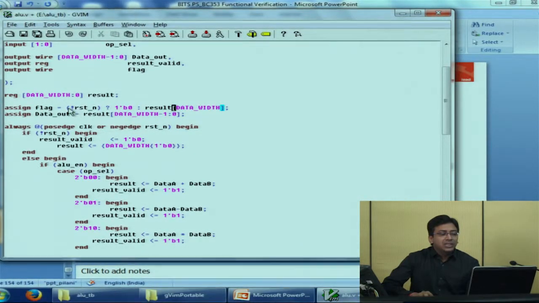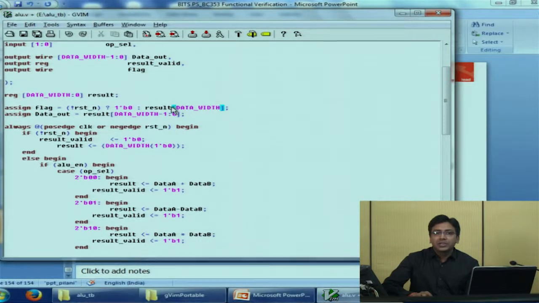And if the reset is activated, because it's active low, it becoming a 0 indicates that it is active now. If the reset is active, the flag would be 0 because the DUT has stopped performing the operation. But if the reset is deactivated, then we would check the MSB bit of the result.